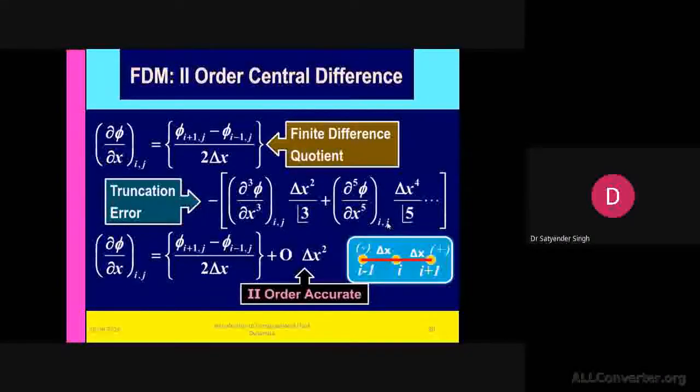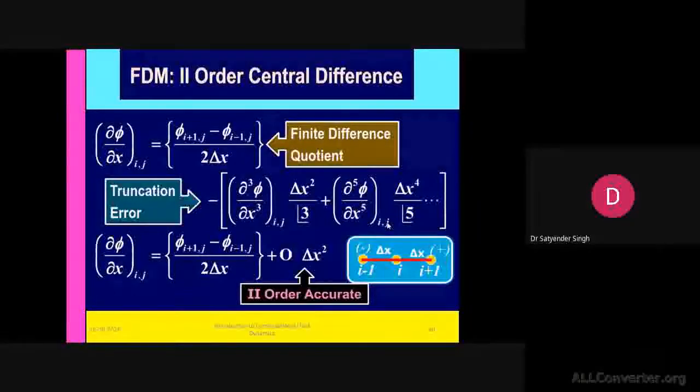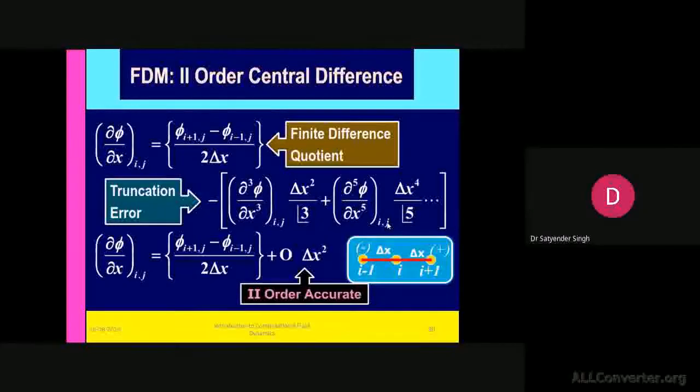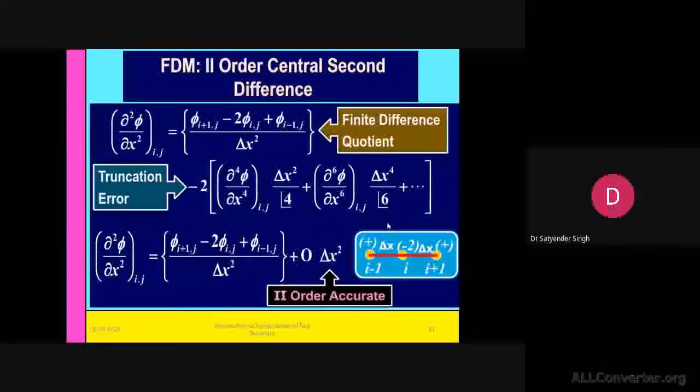Here we are not taking the value of the central node and interpolating between two nodes, at I minus 1 or I plus 1. And which is the other one we have for the second order differential equation. Its discretization will be like this. We are taking all the three cells, which are at I minus 1, I, and I plus 1.